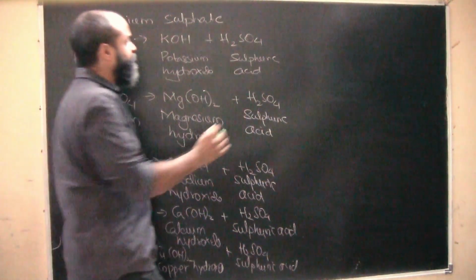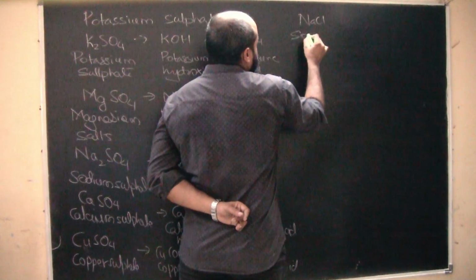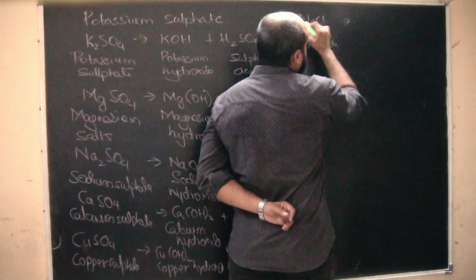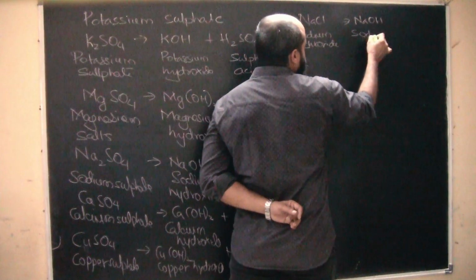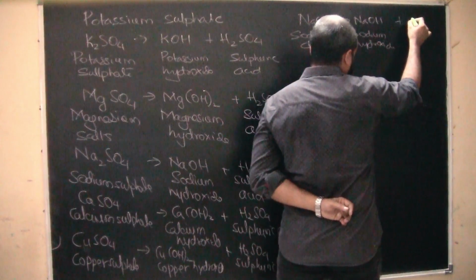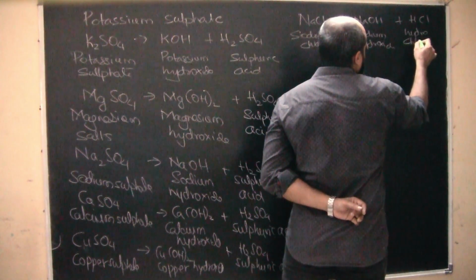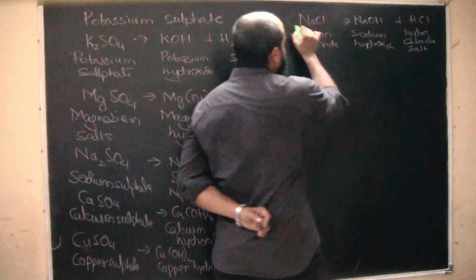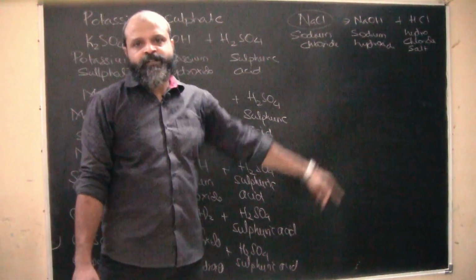Then we have sodium chloride. We all know how it will be formed. By looking at the salt itself, we can say which base has participated. This sodium must be coming from sodium hydroxide, and the acid which has participated is hydrochloric acid. This is basically a chloride salt or maybe a sodium salt. We can call sodium chloride both a salt of sodium and belonging to the family of chloride salts.